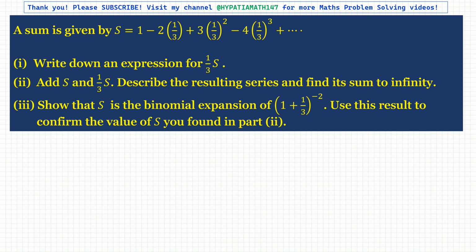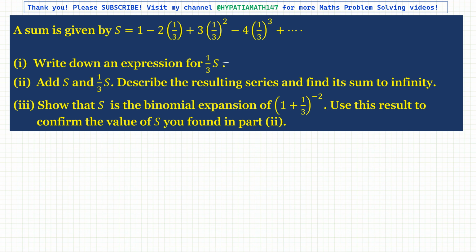The sum is given by S = 1 - 2(1/3) + 3(1/3)^2 - 4(1/3)^3 and so on. So we need to write an expression for (1/3)S. So (1/3)S I can write as,